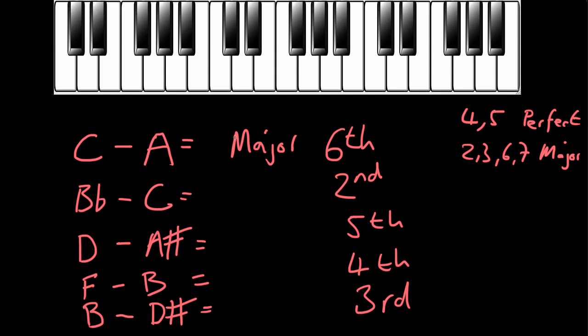Let's do something similar here, where we're looking at the distance between B flat and C. The question to ask ourselves is, does C exist in a B flat major scale? Let's have a look. Well, we only have to go one step through the scale to realise that it does. B flat sounds like this. This is B flat major. And so the presence of that C gives us a good indication that we're dealing again with a major